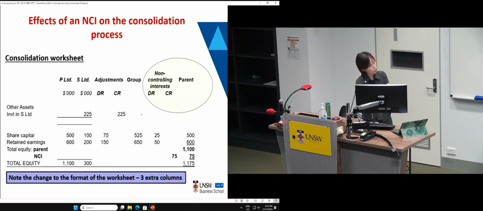Now this is the acquisition day share capital balance of parent and subsidiary, which in other words, this 100,000 represents the subsidiary's pre-acquisition share capital balance. Okay. Now when you combine the parent and subsidiary share capital balance, you get a total of 600,000. But you need to prepare the pre-acquisition entry. So the pre-acquisition entry is required because we need to eliminate the parent's portion of the subsidiary's pre-acquisition equity balance. This is to avoid double counting the group equity.